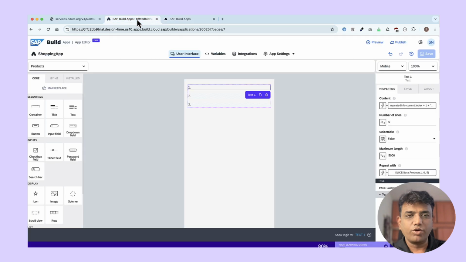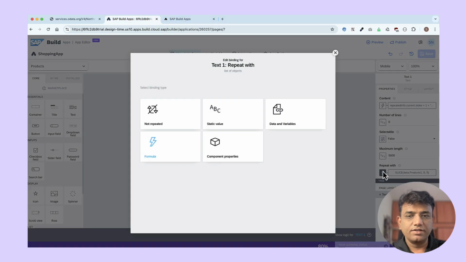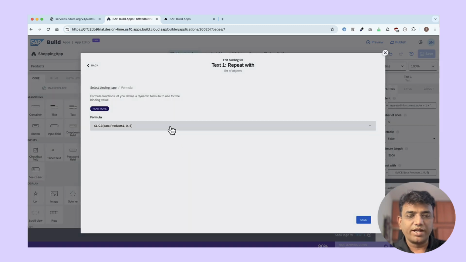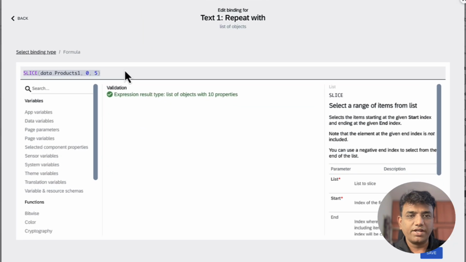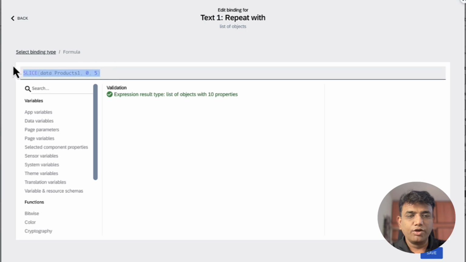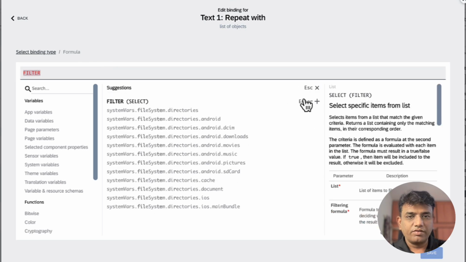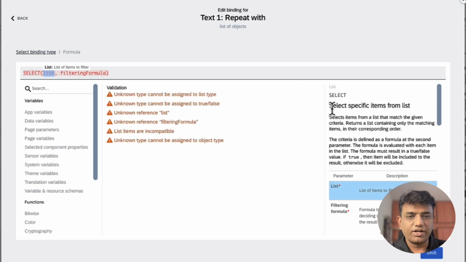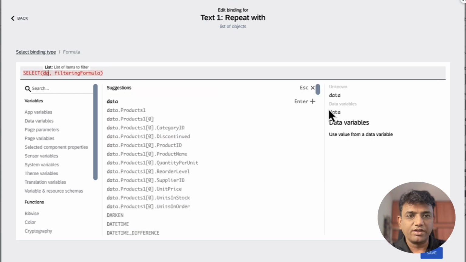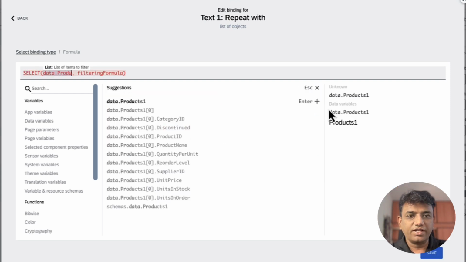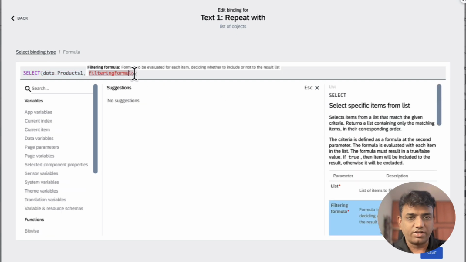Now let's say if we want to filter the list by some criteria, you have to go to the repeat with, change the binding type to formula, go to the formula editor, and look for a function that does filtering. We can see that there is a select function that allows us to do the filtering, provided we give it a list which is contained in data.products1. And the filtering formula that we will use is